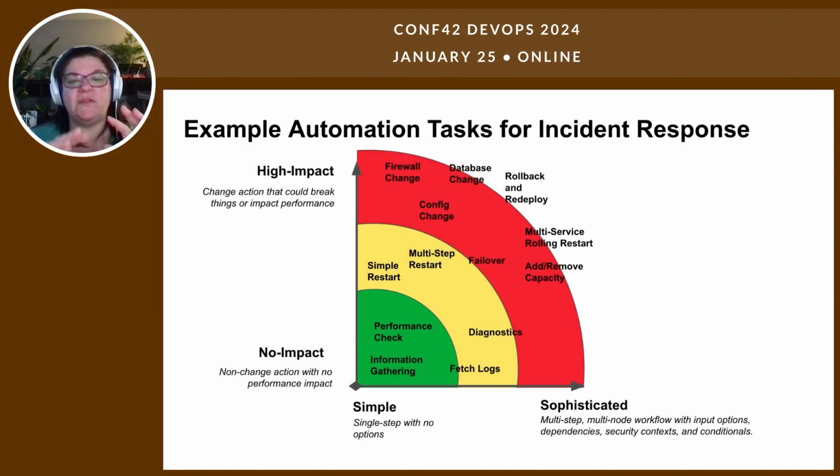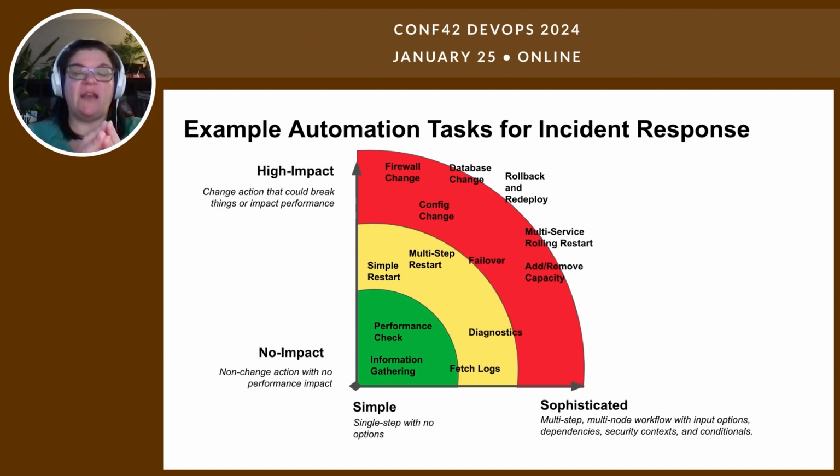The first one is to automate based on what feels most comfortable, around a specific set of tasks. Now, we're PagerDuty, so we took a look at some tasks that you might do during an incident response, right? Something's wrong. There might be some things that you need to do. Happens all the time, right? So looking at